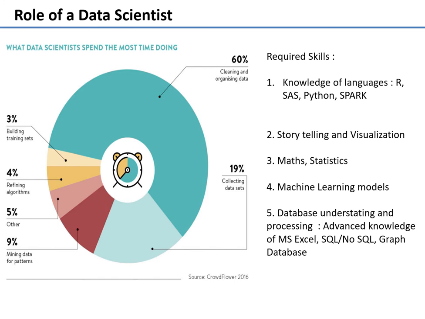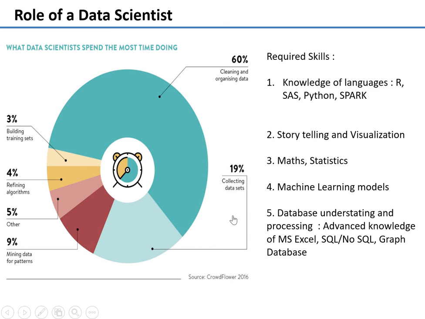So, what is the life cycle of a data scientist and what do we do in our day-to-day work? You can see the pie chart over here, which is taken from Crowdflower 2016. As per the research from Crowdflower, 60% of a data scientist's time is spent on cleaning and organizing the data. 19% of the time is spent on collecting data sets. Meaning most of the time we as data scientists or data analysts invest in data cleaning and collecting the data, because that is the huge and major task.